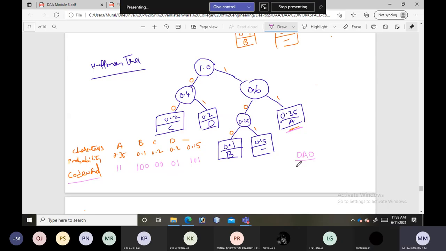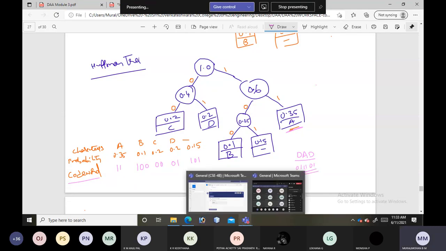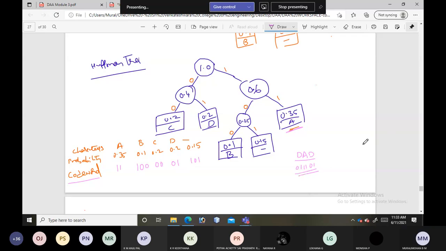For D we are having 01, for A we are having 11, and for D again 01. So this is how we encode. When DAD is encoded, we get 01, 11, 01.